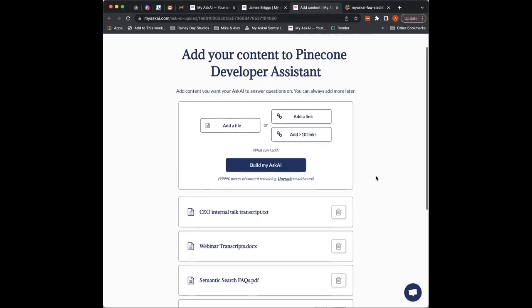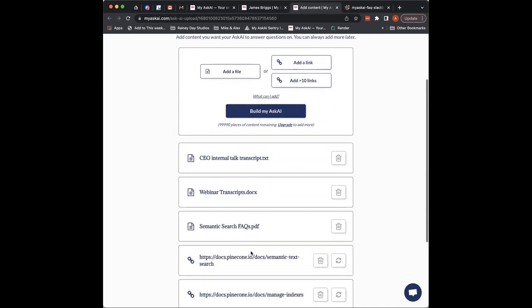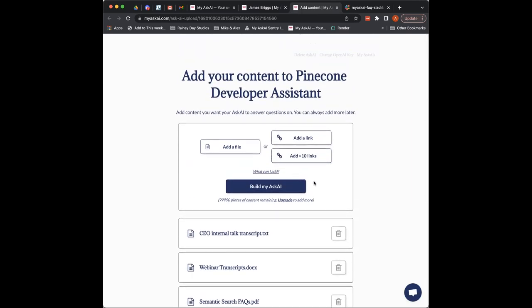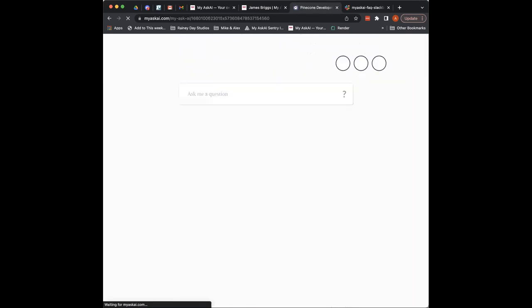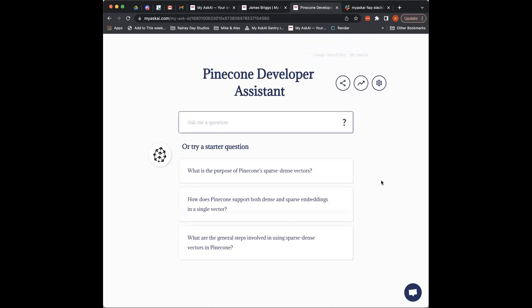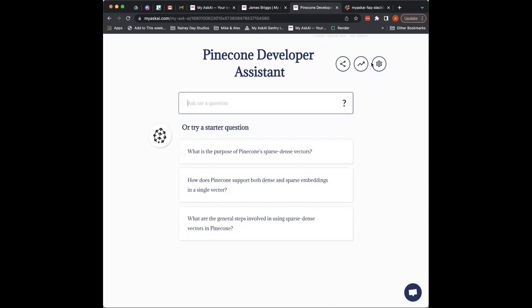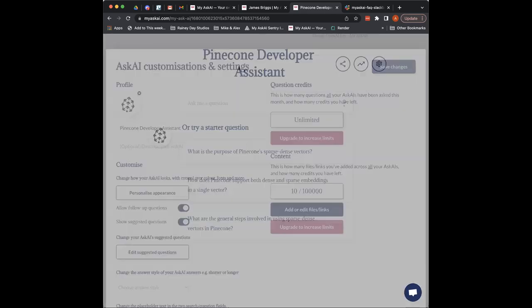Now we're going to rumble over to a slightly more complex example, and this is a Pinecone developer assistant that I made earlier. I uploaded a bunch of their web pages that it can crawl and get the text from, PDFs, docs, text files, CSVs. You can really throw a whole bunch of different information at this thing. And what we're going to do now is think about how we can customize this a lot more, because the use case is that Pinecone as a business wants to put this somewhere that their developers can access to answer their questions and act as a lead into some of the developer documentation.